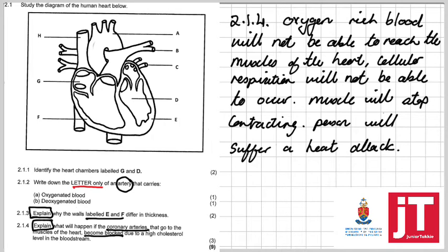It's going to be muscle tissue that will probably end up dying because of a lack of oxygen, and this person would then suffer a heart attack. Now, this is worth 3 marks, so let's have a look at where we could possibly have gotten our